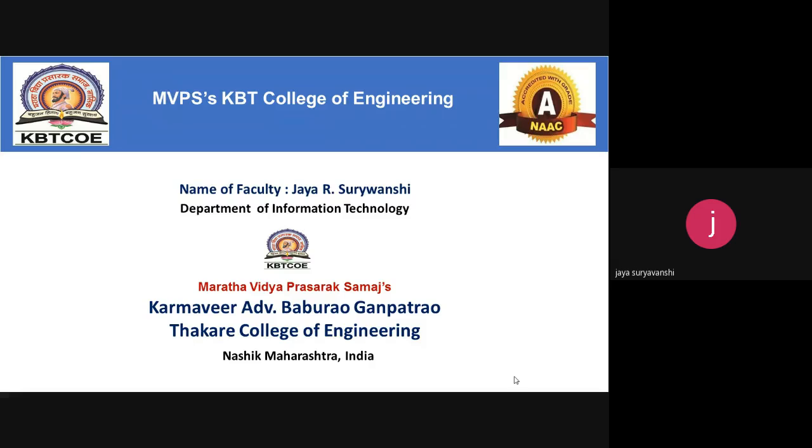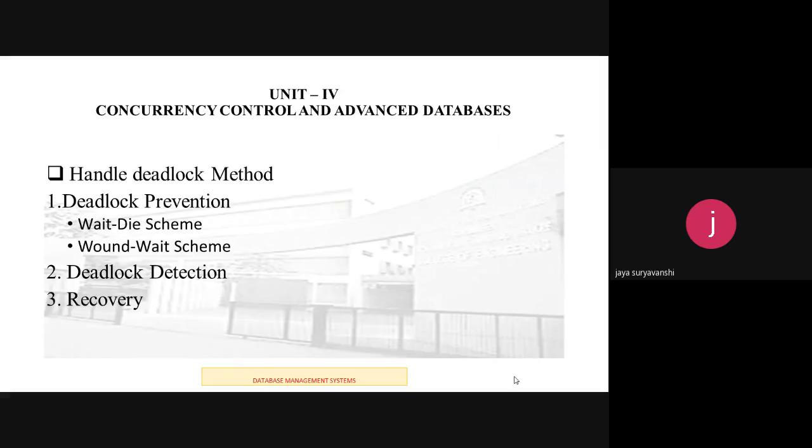Hello everyone. Today's topic is deadlock, and how to handle deadlock. A system is said to be in a state of deadlock if every transaction in the schedule is waiting for another transaction in the schedule to release